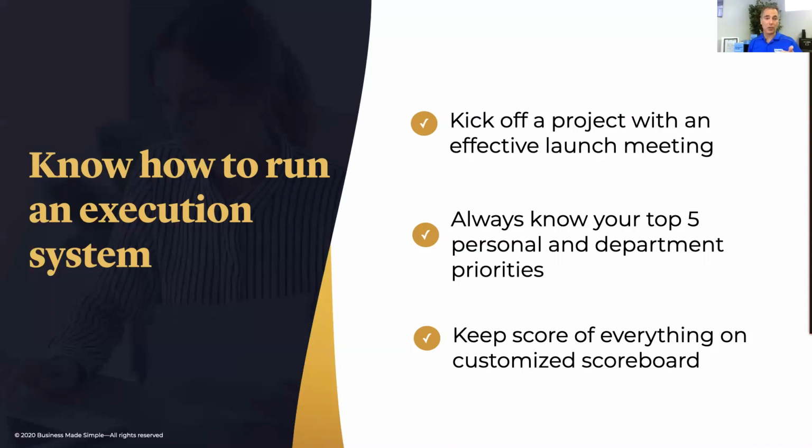Everyone should know their personal and their department's top 5 priorities each week, and it should be a visual thing. Anybody that walks into the office or the cubicle or any workspace should be able to look at the wall and say, these are the things that they're working on. This is the progress they're making. That way, you never miss deadlines, because without a system,